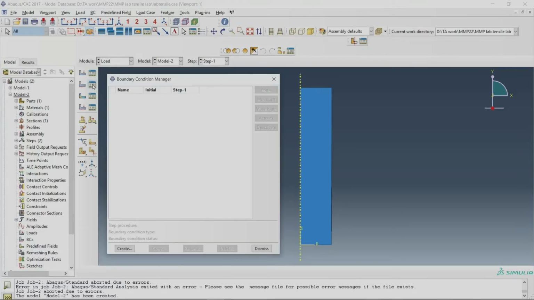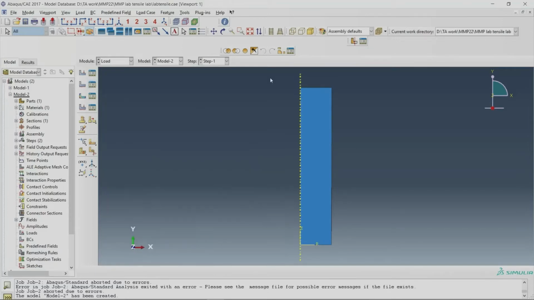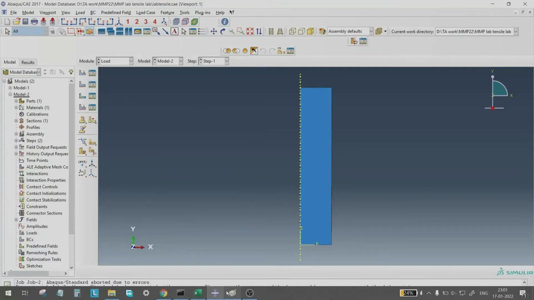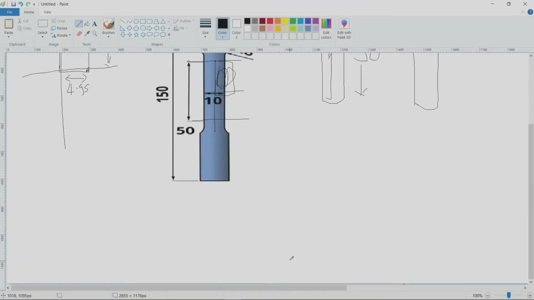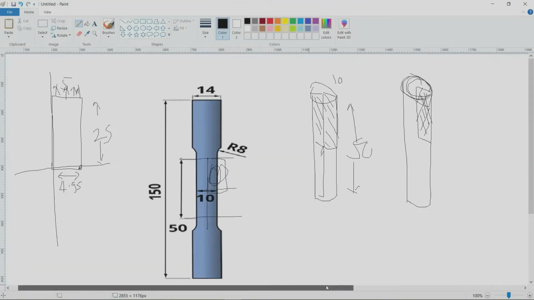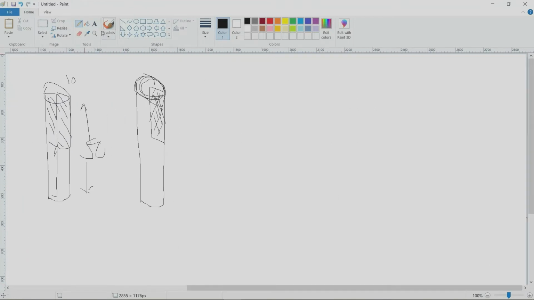And this one here is the displacement boundary condition manager. So what are the boundary conditions? Let's say you have a complete tensile specimen with a gauge length of this and a cross section area of this, and it is a round bar.